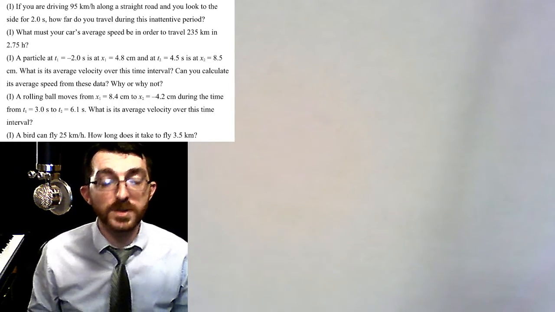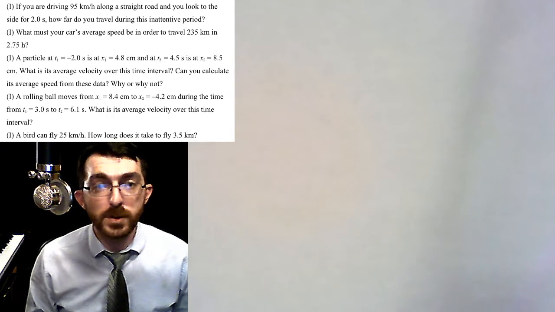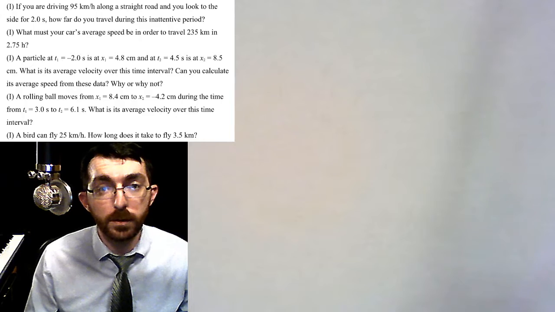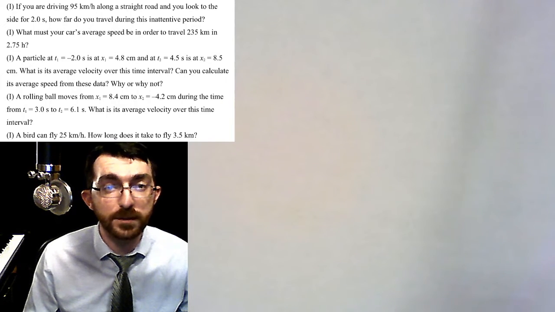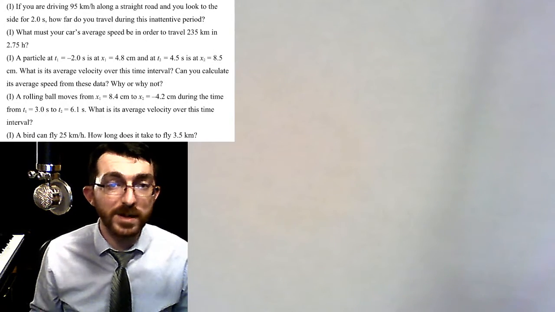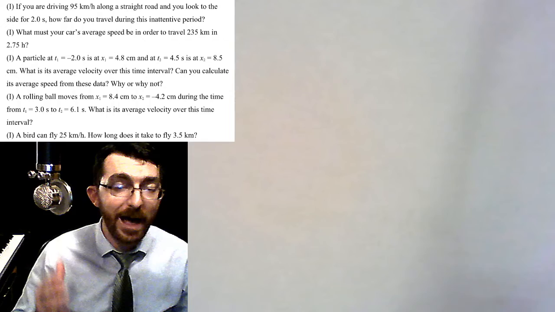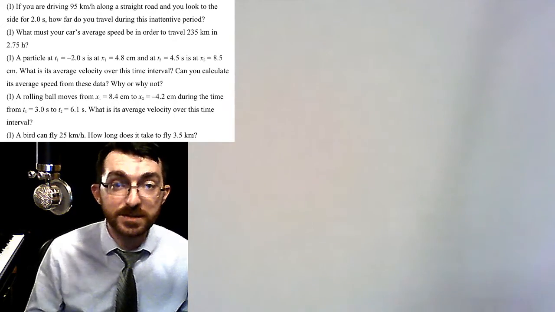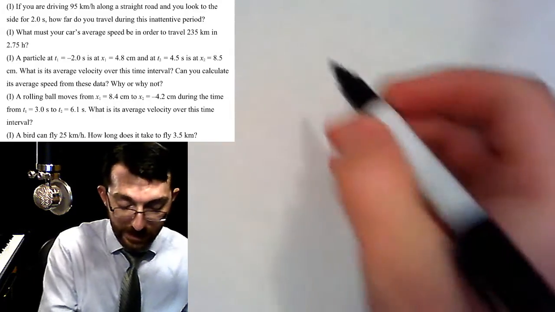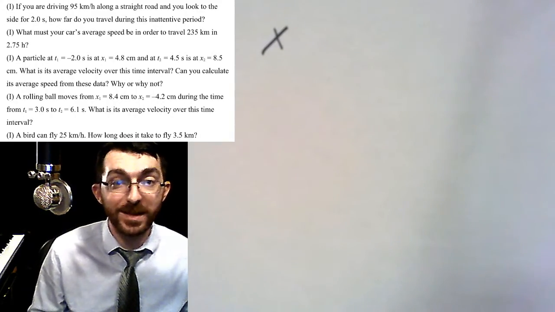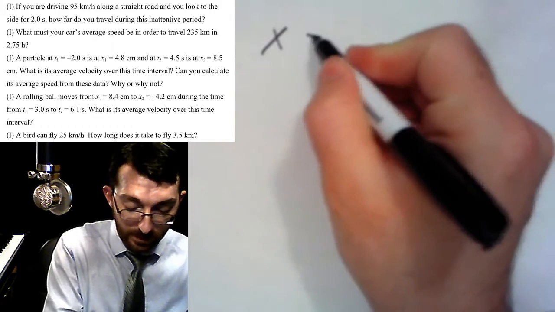So the first problem says, if you are driving 95 kilometers per hour along a straight road and you look to the side for 2 seconds, how far do you travel during this inattentive period? So the first thing that I want to note is this question is asking how far. In other words, this question will be answered with x, x being a distance. Now, the equation that is solved for x would be equal to